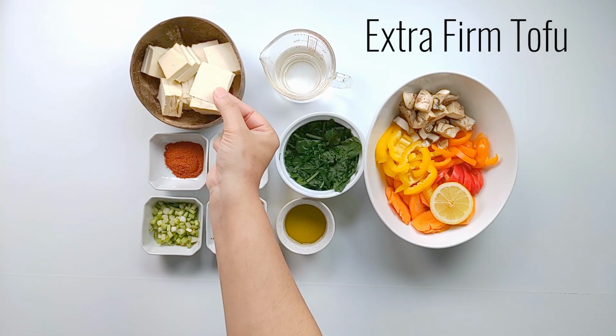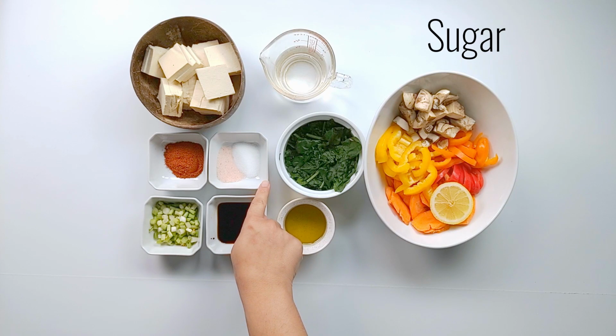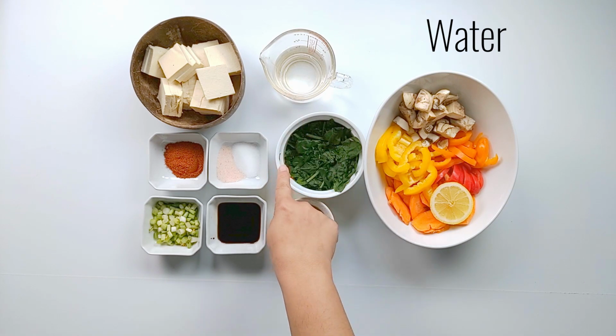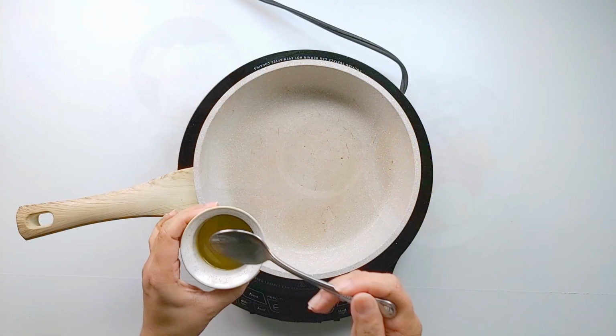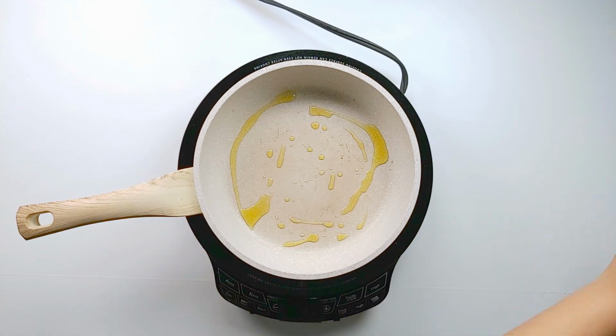Tofu cut into little squares, paprika, salt, sugar, soy sauce, green onions, oil, water, spinach, and vegetables of your choice, and lemon juice. We are going to fry our tofu first, so in a pan add a tiny bit of